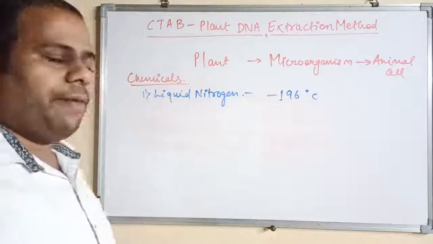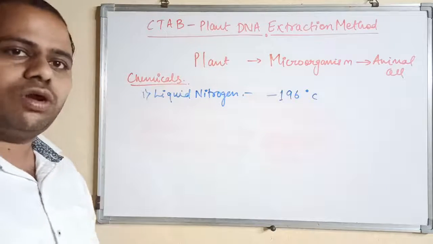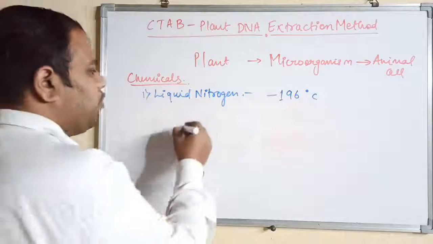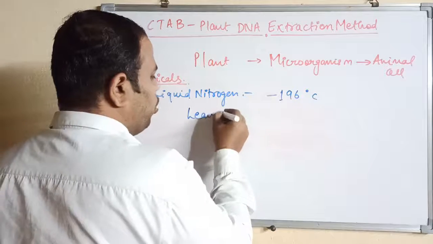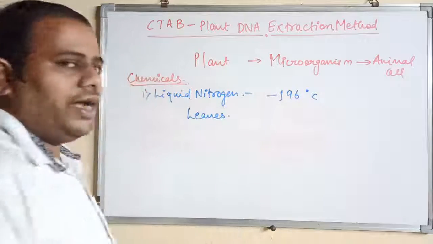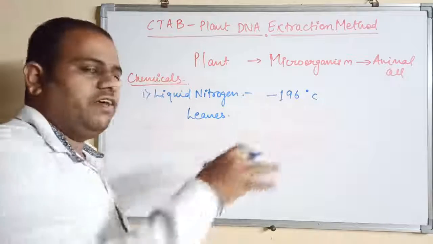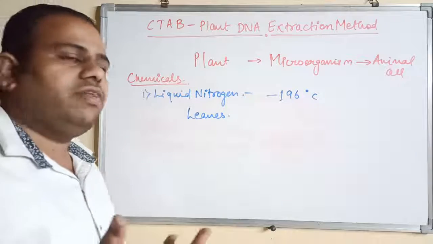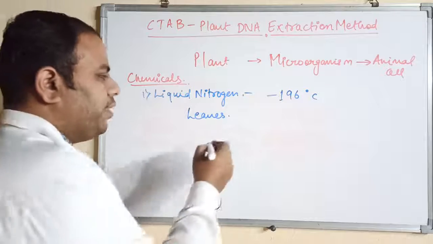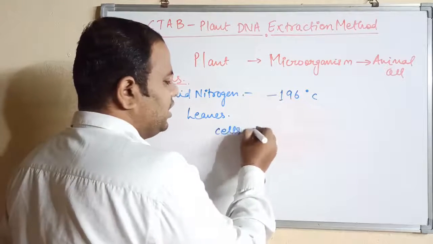When you put leaves of the plant from which you want to isolate the DNA in the mortar and pestle with liquid nitrogen, immediately